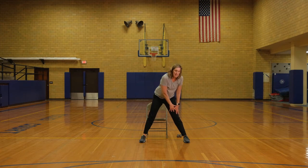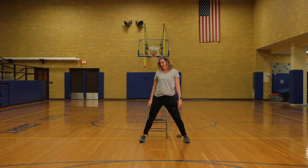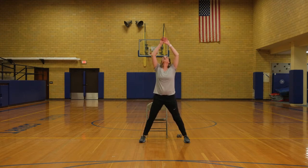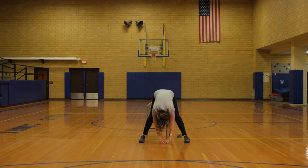Keep your legs straight and slide your hands down towards one leg. Keep breathing, good deep breaths in and out. And relax. Down to the other leg. Keep breathing. Don't hold your breath. And relax, reach it up to the ceiling and down to the middle. Let your head hang down. Keep breathing